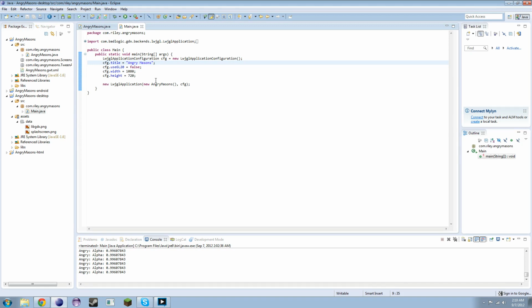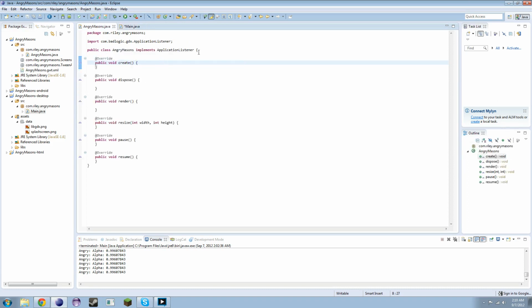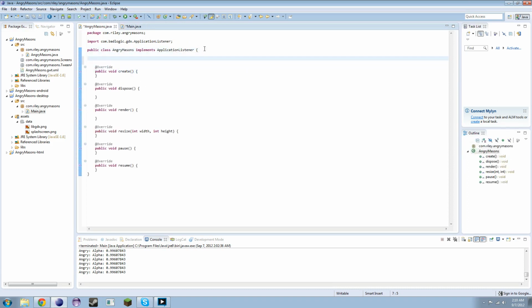The other thing, I changed the title. I added a space here, and I'm going to put a space here, and I'm going to say plus Angry Masons dot version, and it's going to give us an error because that variable doesn't exist yet. But if we go to our Angry Masons class and we go up here and we create a public static final string called version